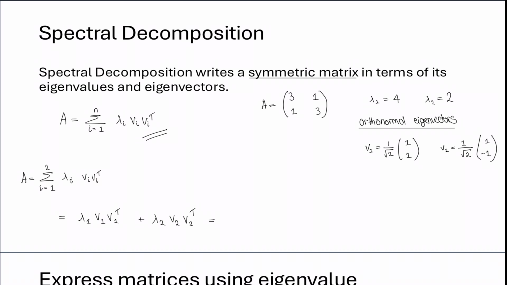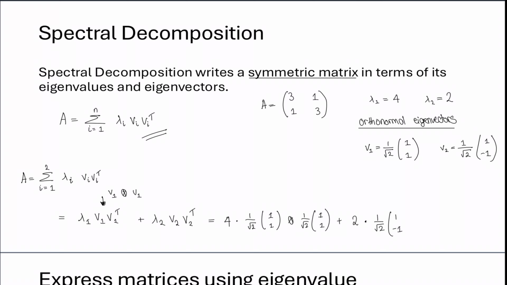Now if we fill this in, we get 4, and then this is the exact same as doing v1 tensor product v1, so we get 4 multiplied by 1 over root 2, (1, 1) tensor product 1 over root 2, (1, 1), and then 2 multiplied by 1 over root 2, (1, minus 1) tensored with 1 over root 2,